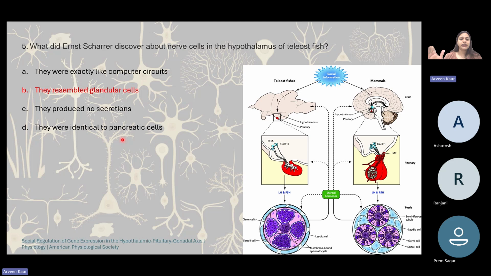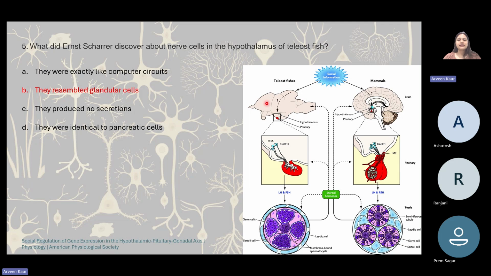So glands were already known at that time. And these particular cells also looked like how glands generally do. Right, so this is a representation. You don't have to go towards the context of the representation. We are not just discussing two particular hormones, because there are other hormones also that are secreted by this gland within the brain, or we also sometimes refer to the brain itself as the gland.